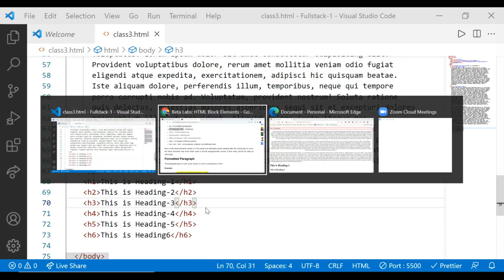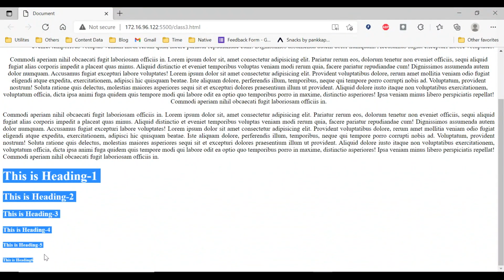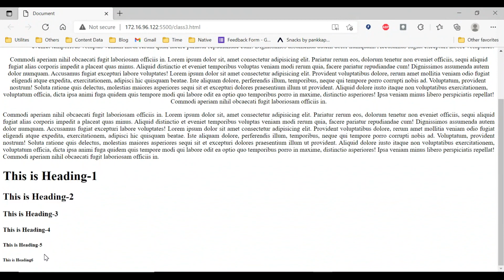Okay, let's see the output in the screen here. See, these are all headings, and there are 6 levels. 6 level means the first, h1, is having the bigger font with bold, and the second one is for the subheading, that is h2, h3, h4, h5. See, only the font size is being changed. Font size change हो रहा है, but it's depend upon the requirement. See, generally हम heading 1 use करते हैं. See, it is slightly bolder and bigger.